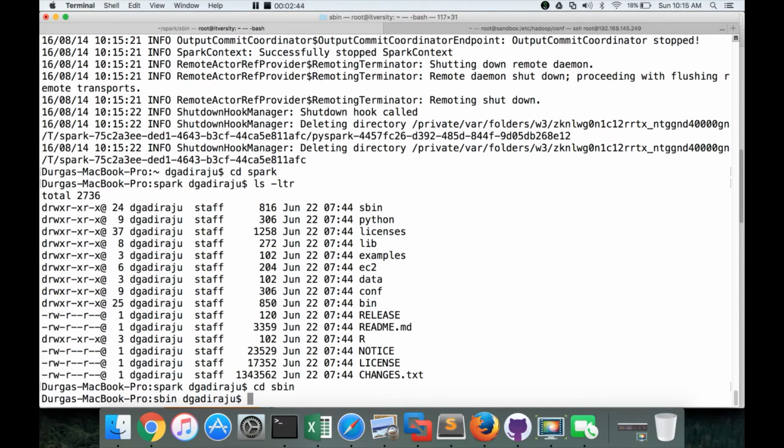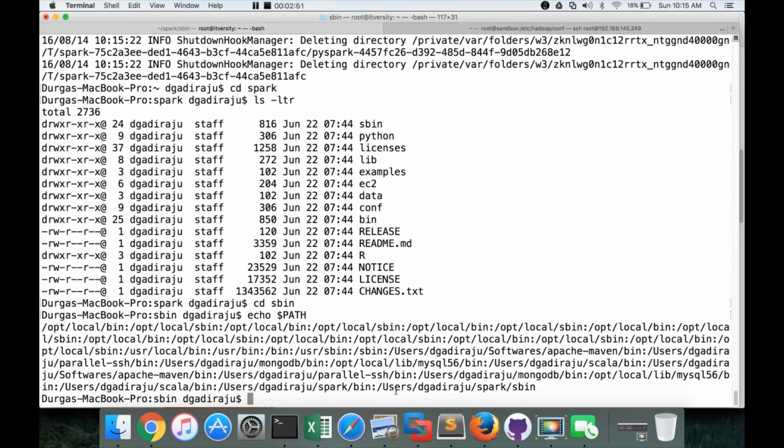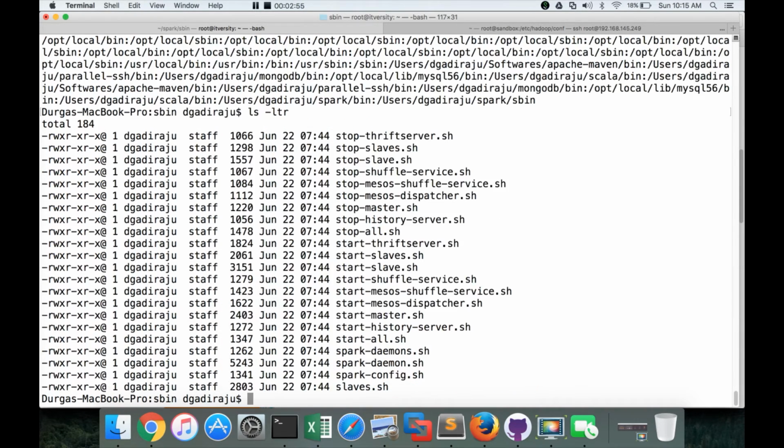If you remember, I have added sbin also to the path. You can validate that by running the echo $PATH command, and you can see that I have added sbin also. And if you go to the sbin, we have start-master, stop-master, start-slave, stop-slave, and also a few scripts related to Mesos.